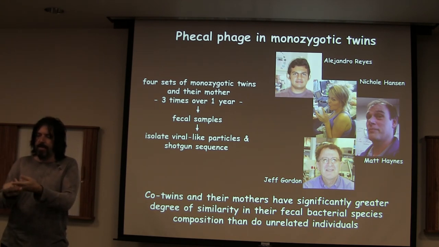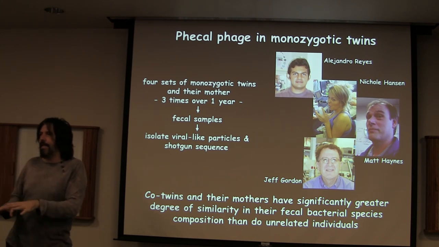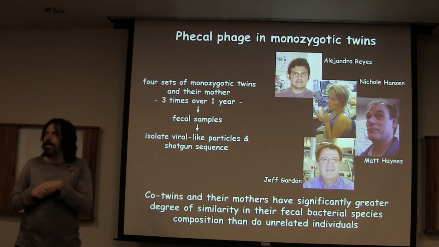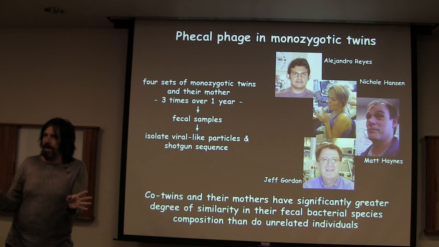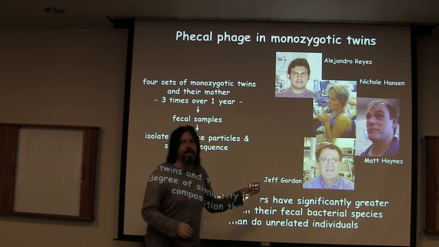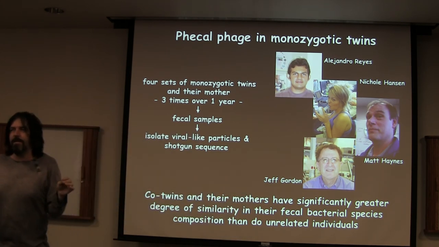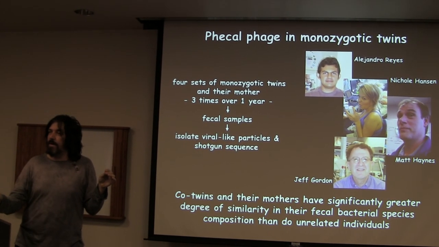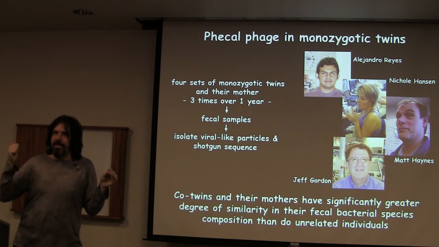Then he got a lady named Ruth Ley, who was from Norm Pace's lab, and she came to his lab. When Ruth was working with Jeff, they started doing culture-independent work in the human gut, and that's kind of what led to this breakout field of the human microbiome. The other thing going on is that another doctor, David Relman, up at Stanford, had independently gone and worked with Tom Schmidt at Michigan and learned how